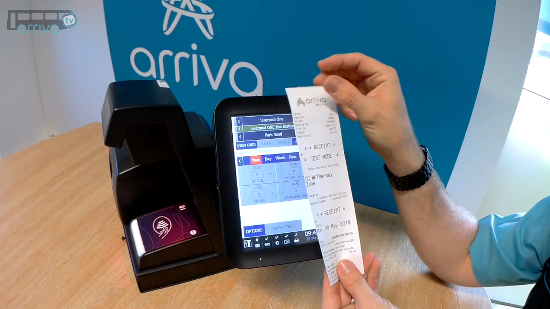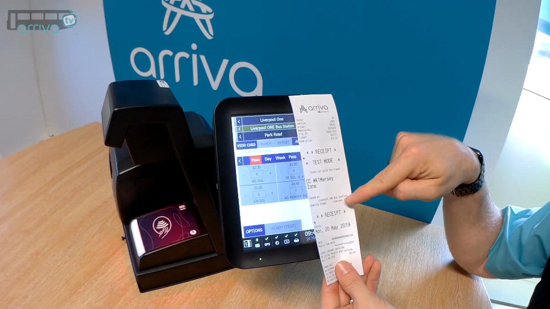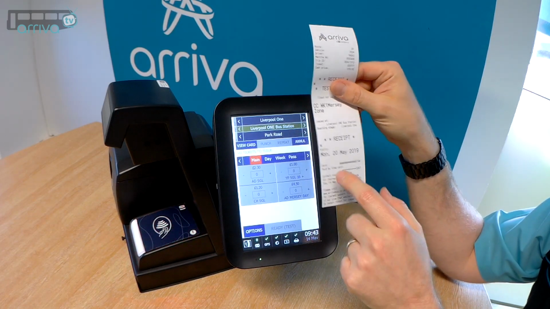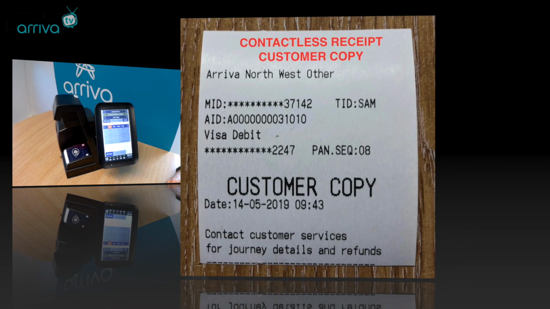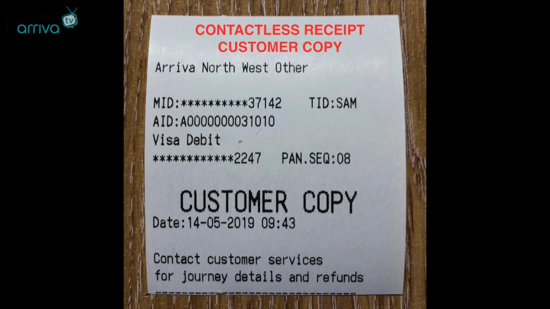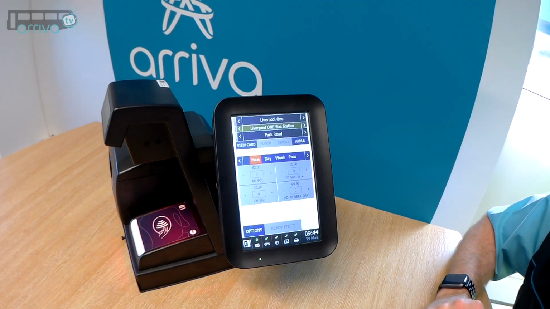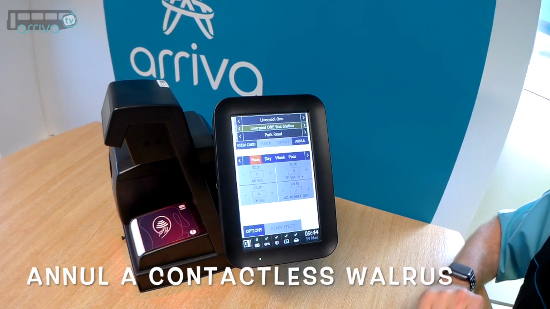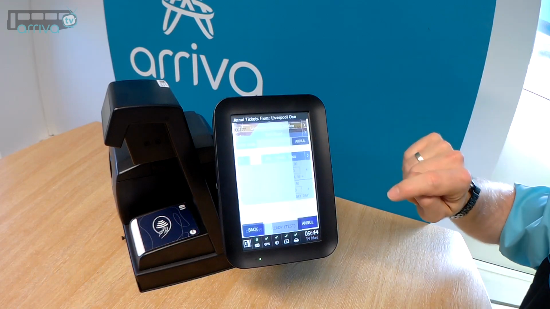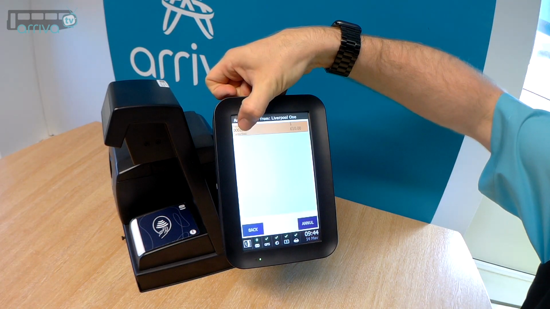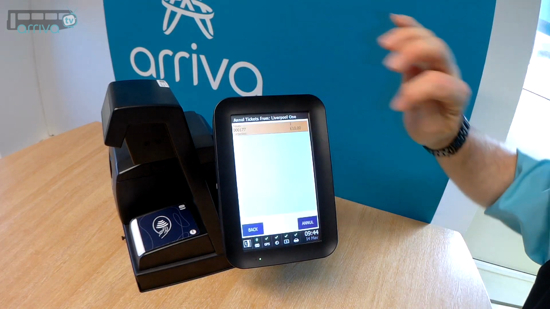What has been printed here is the receipt for the ticket, for the £10 ticket, and also the card receipt at the bottom. In this example, we're going to annul that contactless payment, so we will select Annul. You can note at the top the ticket number and the method of payment here states contactless, so we'll select that